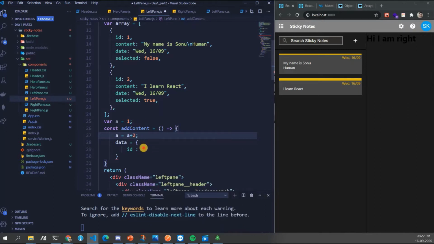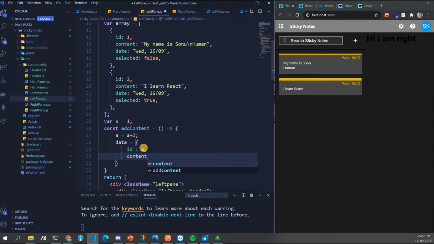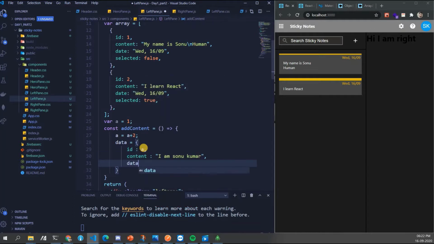It will start from 3, right? ID is a, content is, let's say, I am Sonu Kumar, and date is the same, today's date, Wednesday 1609. Tomorrow we'll be covering this date function as well, how to convert your date.